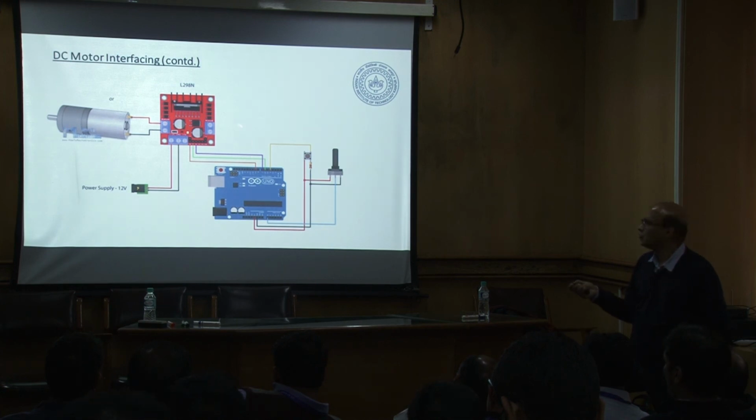For motor control, in this particular case, there is a potentiometer at this end. Depending on how you rotate the potentiometer, the corresponding PWM signal will go on, get power amplified, and the motor will rotate. So you can control the speed of a motor simply from this potentiometer here. Now, controlling the